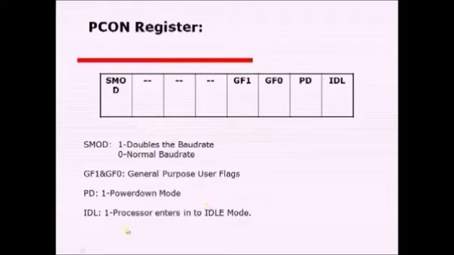If this particular bit, that is the idle bit, is programmed to 1, then it puts the processor in idle state, and the clock signal is available to all the peripherals but not to the CPU. It means only the clock signal will be gated off to the processor, but all the other peripherals would be receiving the clock signal.